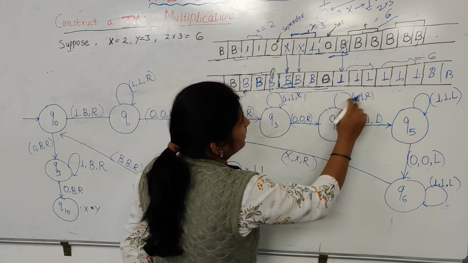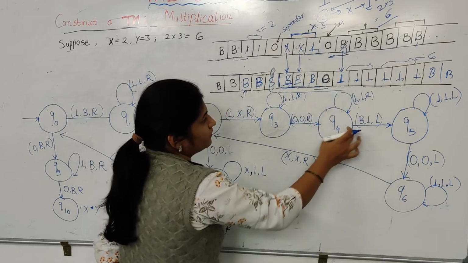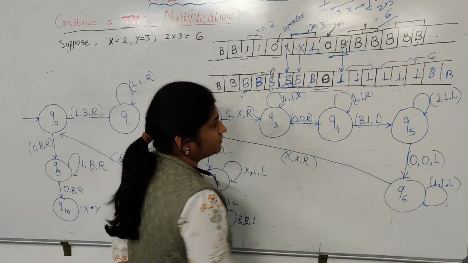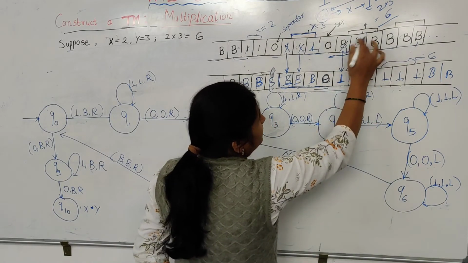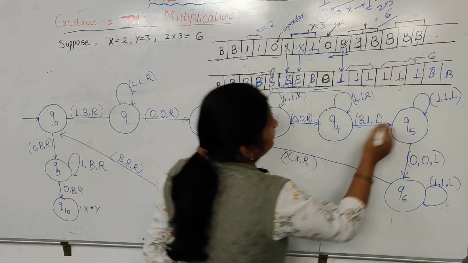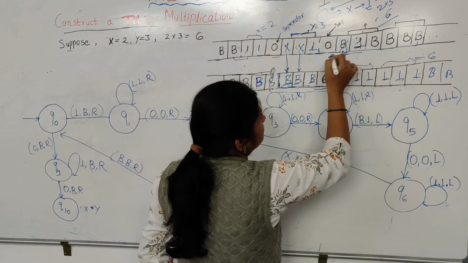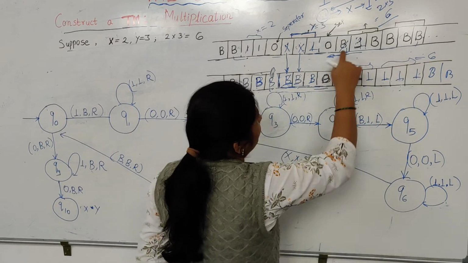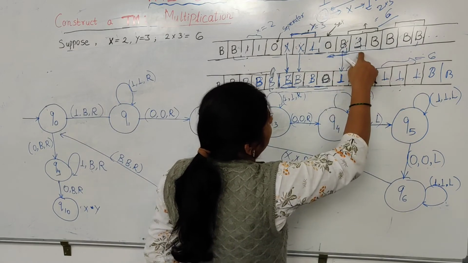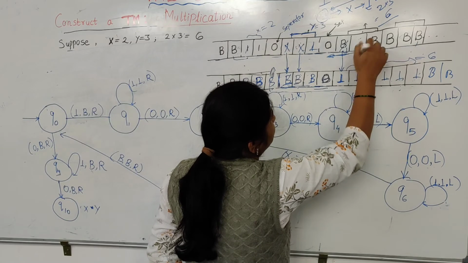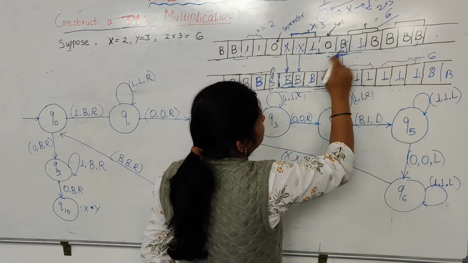On Q4, if we get a 1, we have to keep it 1 only. If we get B, then we have to replace it with the 1. So we will replace this with 1, and we will move towards the left direction. Left direction, after converting this B into 1, if we see here at this point